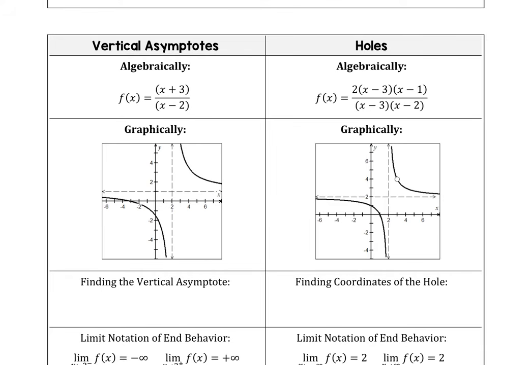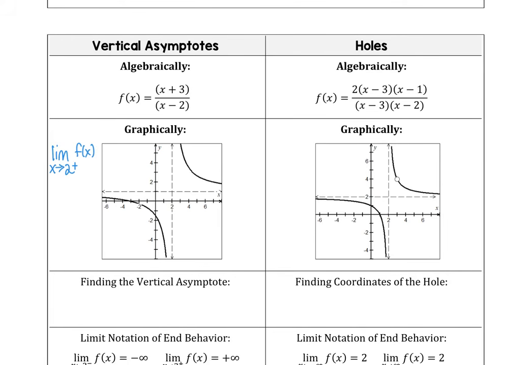In this example, you notice that the function has a horizontal asymptote at y equals 1 and a vertical asymptote at x equals 2. So finding that vertical asymptote, you can think about the limit notation as x goes to 2 from the right. So if we wrote out that limit notation, as x approaches 2 from the right on that graph, f of x,